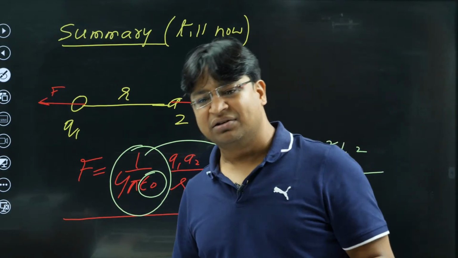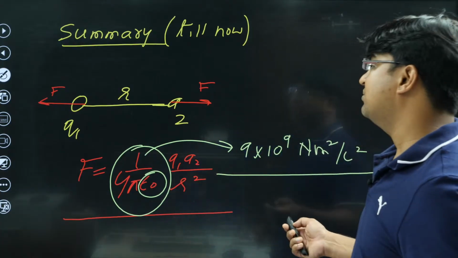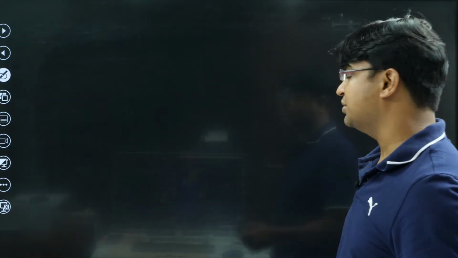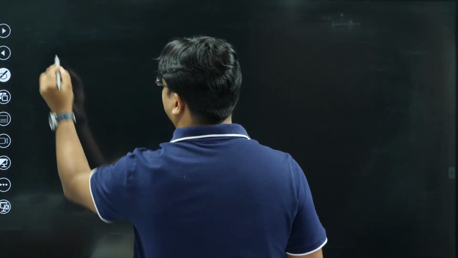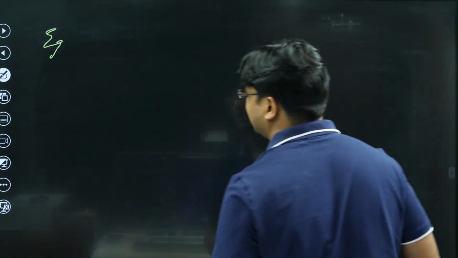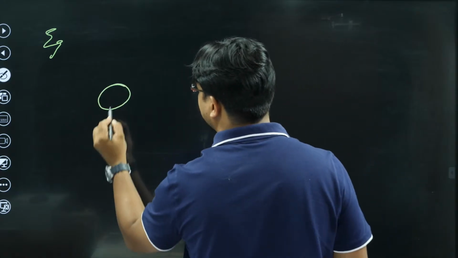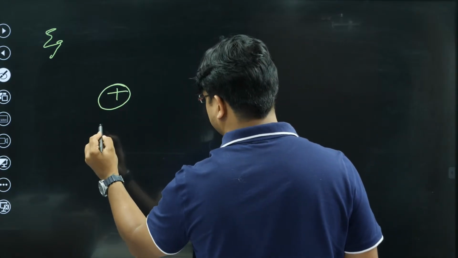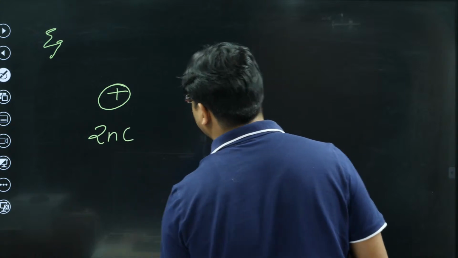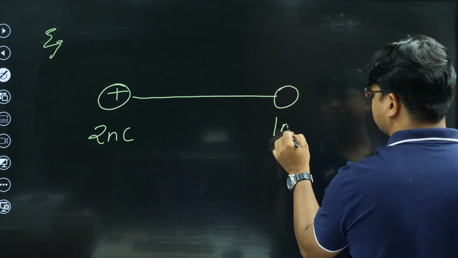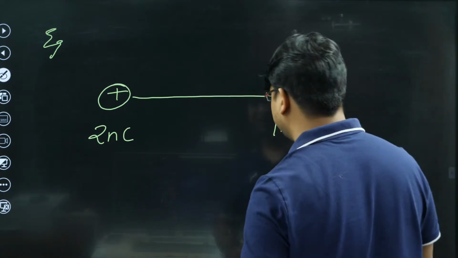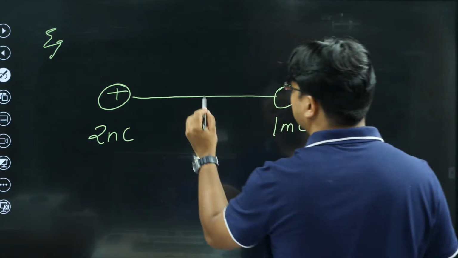Now with that, let's attempt some questions. Let me give you some very simple questions, and we'll start from simple ones and move toward more complicated ones. Okay, so let's start with a very simple example. So I have one charged particle. Let's say the charge on this is 2 nanocoulomb. Okay, and then I have another charged particle, the charge on which is, let's say, 1 millicoulomb, and let's say these charges are separated